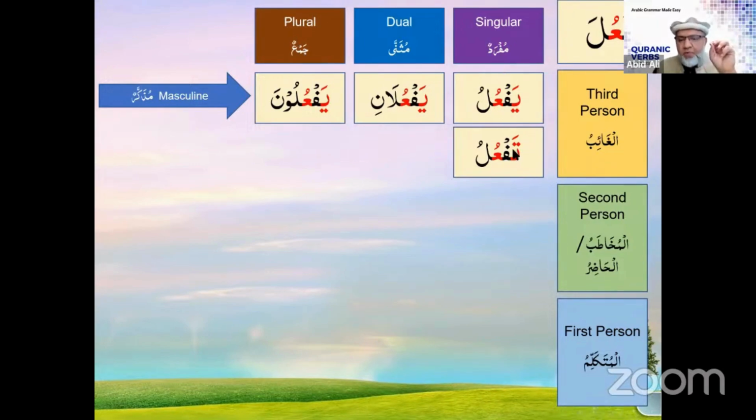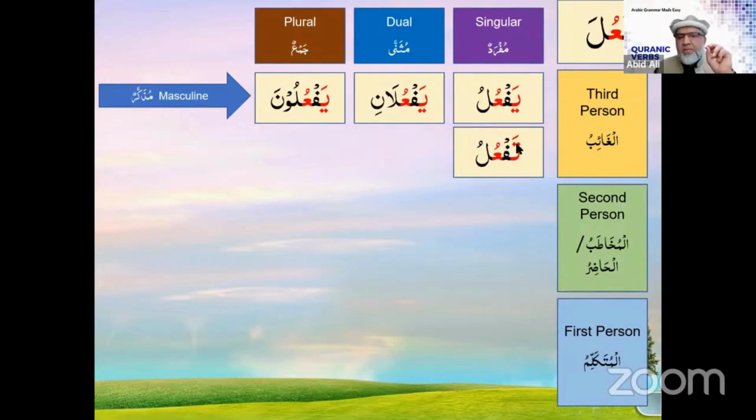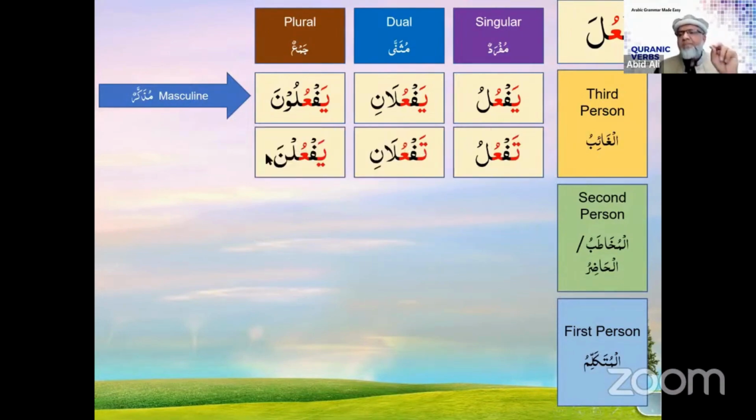You will see taf'ulu instead of yaf'ulu for the female, because we know that for the female in Arabic we have the ta marbuta. Isn't the ta feminine? Ta tanis is the feminine sign, ta. So that becomes taf'ulu. And then it will become taf'ulani and yaf'ulna. But as soon as it changes from the third person, it came back to yaf'ulna.